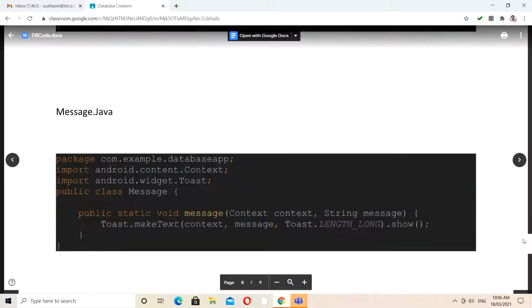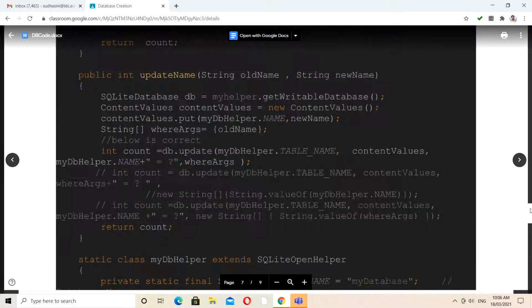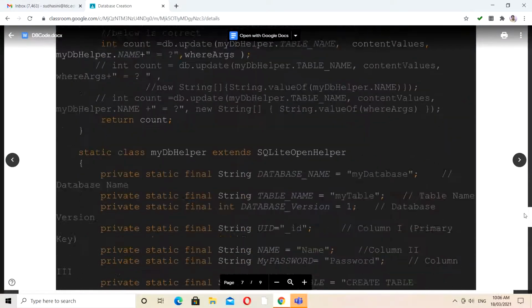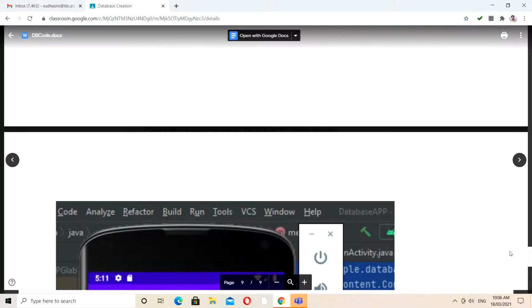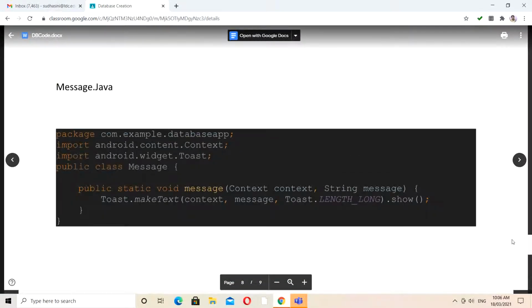In this video we have not completed everything fully, I have just given the overall layout. So I am going to brush up this concept. We are having activity.xml, MainActivity.java, and then MyDBAdapter, everything is there, and Message.java is there. In this video we have looked into only two Java files, which doesn't cover the entire operation. So I am just going to brush up the concept.